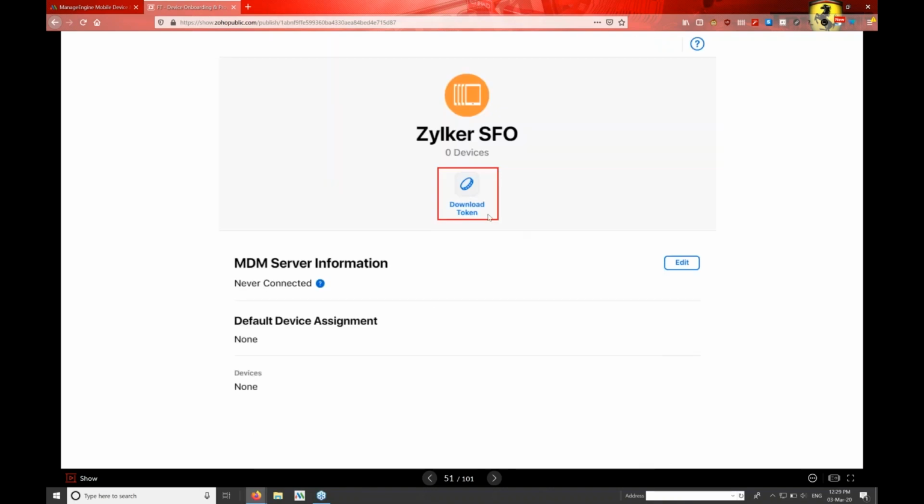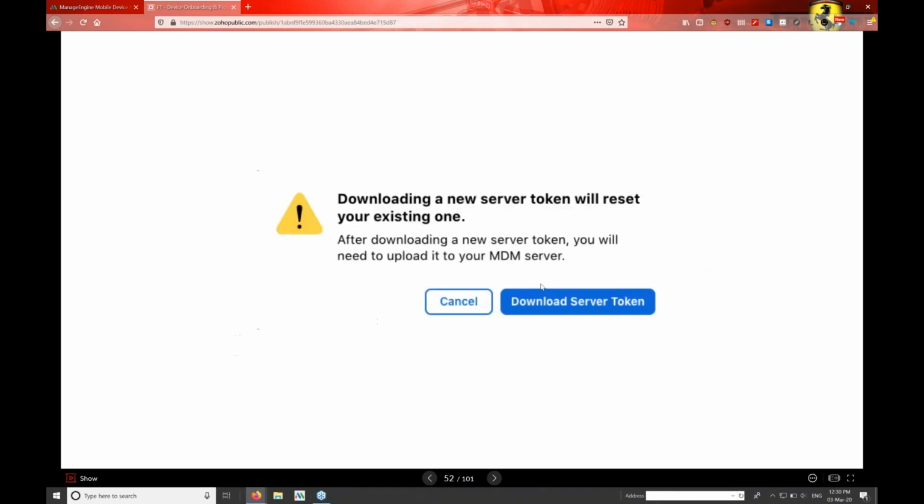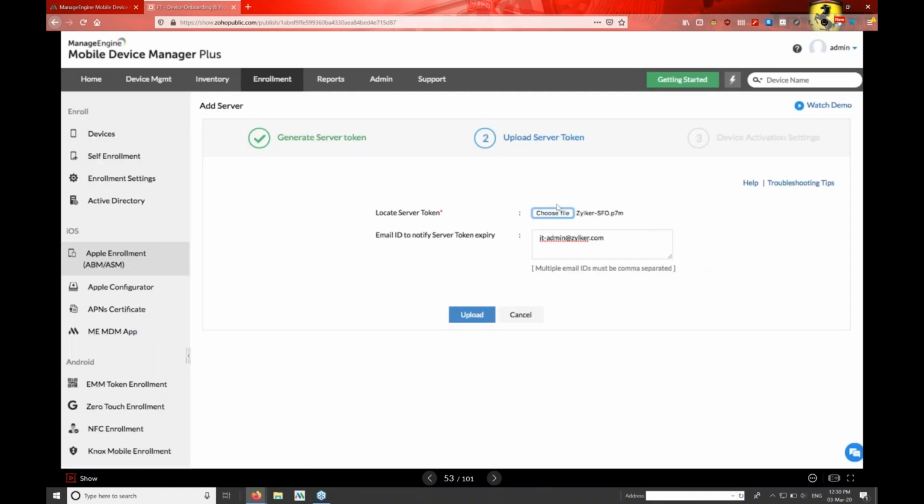The purpose for downloading this token is to complete the integration process. So you initiate the integration process by uploading the MDM public key certificate, and you complete the integration process by downloading the MDM server token from the ABM portal and uploading it back on the MDM server. So I'll click on download token, then click on download server token again. So it'll take you back to the MDM server